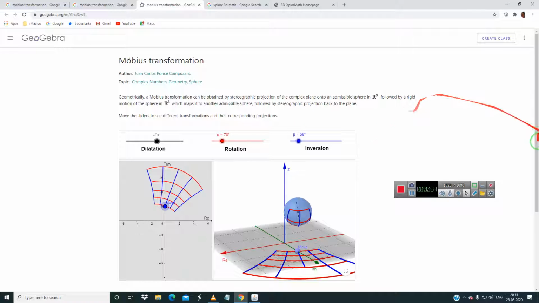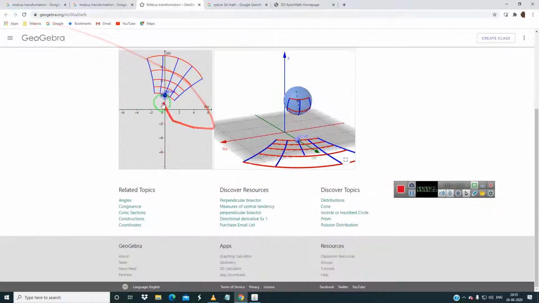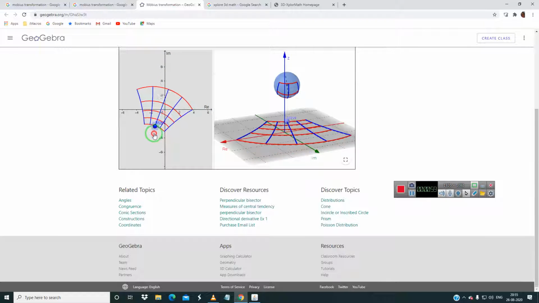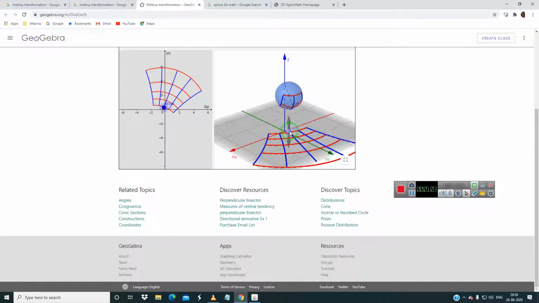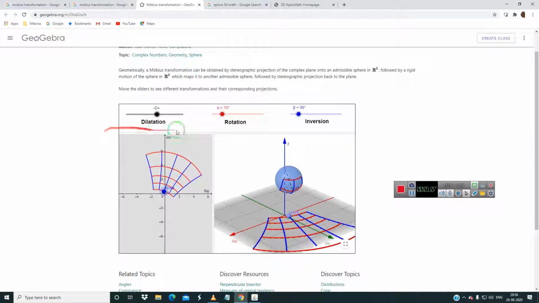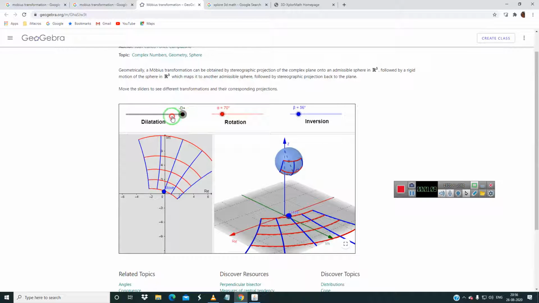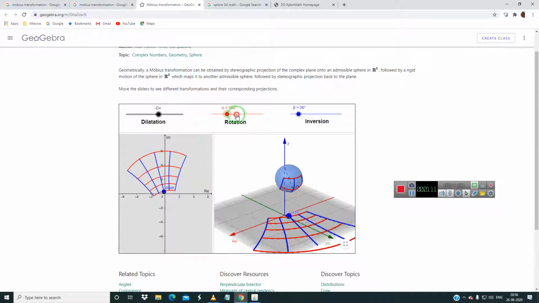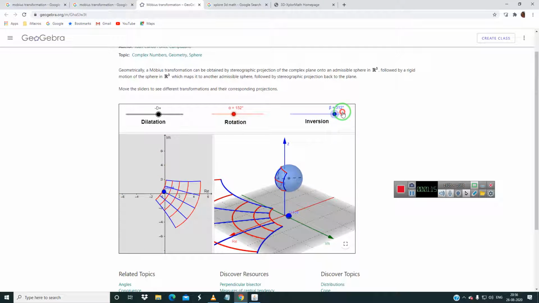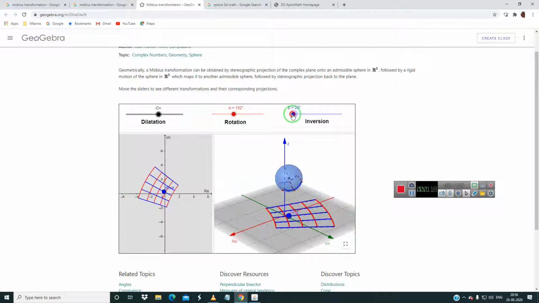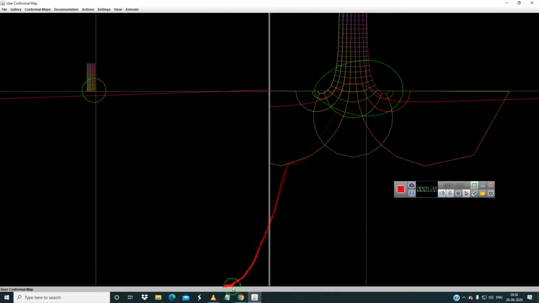In this GeoGebra, you can see that when I move this, the grid is moving, and you can alter this by dilation. Dilation is nothing but scaling, rotation is rotating, and inversion is moving throughout the plane. So this can be done in this software also.